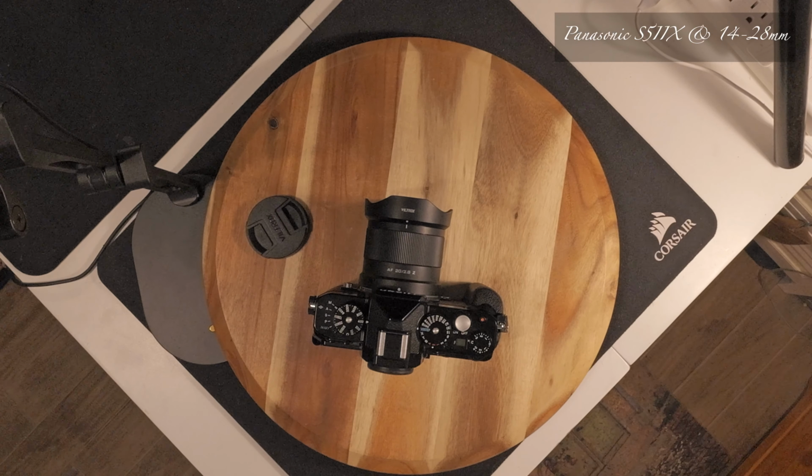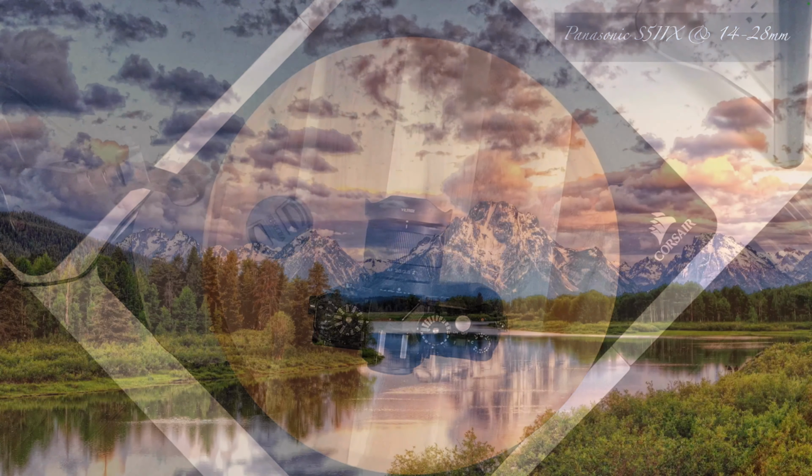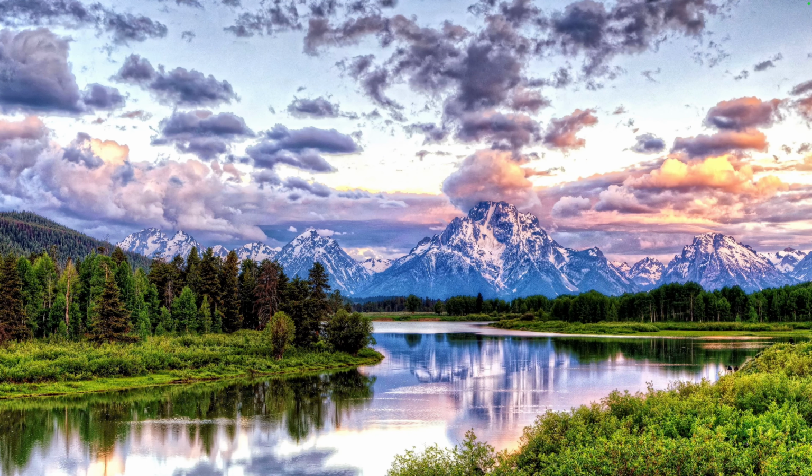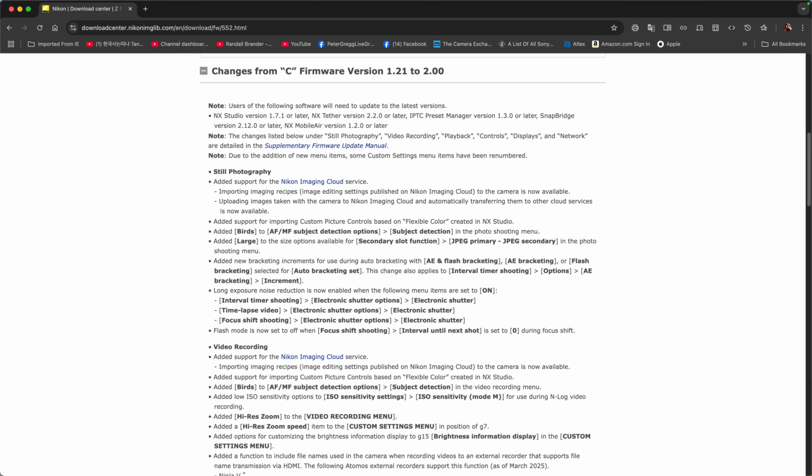So if I go to my share screen, and if I go to my browser, there you go. Changes. So the two that I really care about, because they've added things like for the birds, for focusing instead of just animal, it's also animal and now birds, which is a great thing. They did some things with the flash